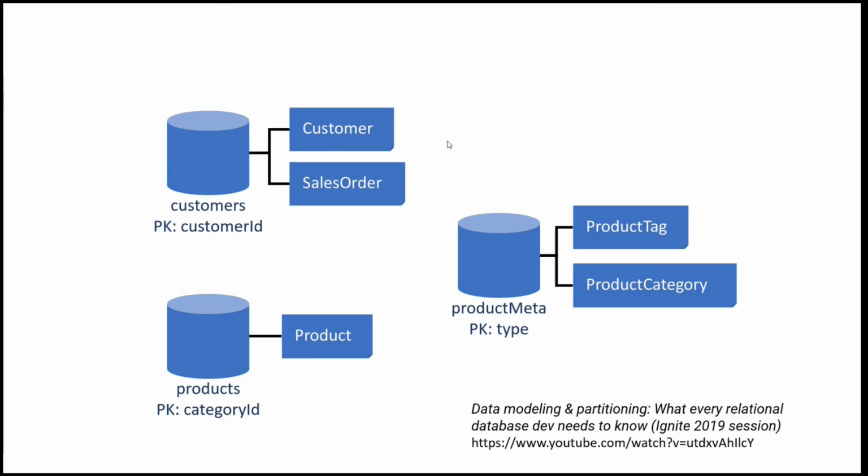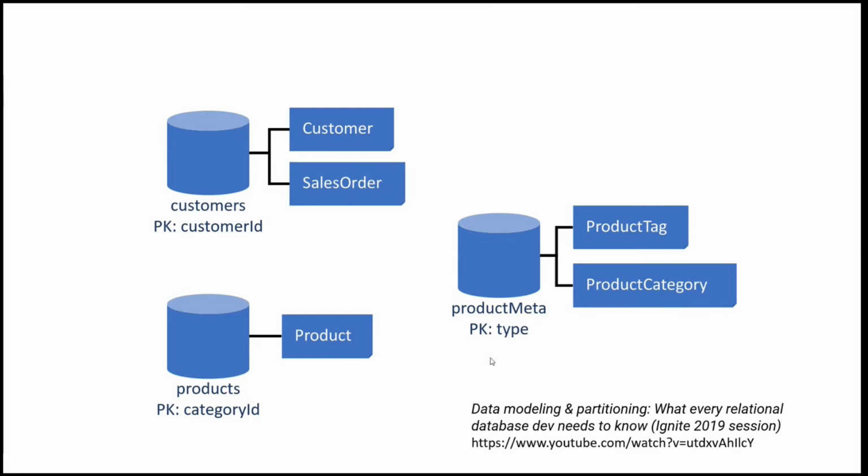You can also, over here, put customer and sales order together in the same collection called customers collection. Here the partition key will be customer ID, because whenever you are querying for one customer ID, you want to see the customer data as well as the sales order details together, right? So this could be one way. And you have a products collection where you're keeping details and documents of each product that you have in your